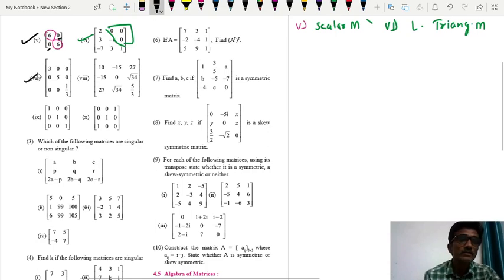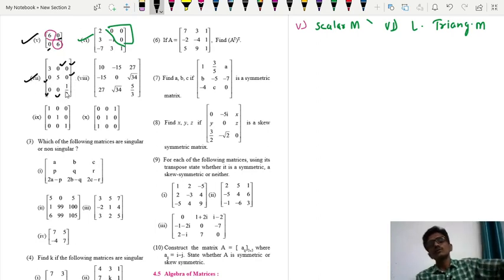Here this matrix is a diagonal matrix because non-diagonal elements are 0. Non-diagonal elements are 0. So this is a diagonal matrix. Then here,